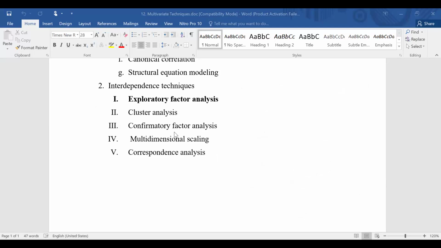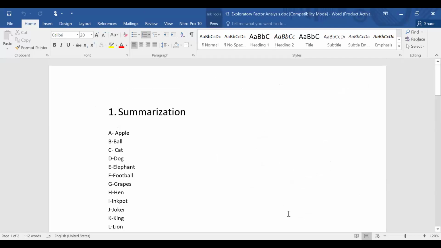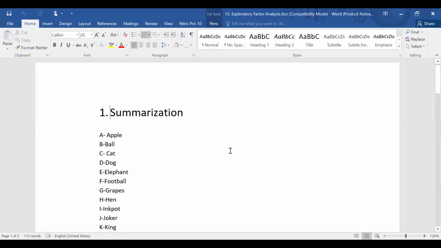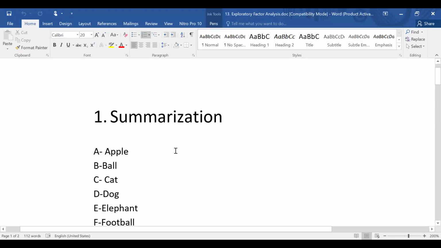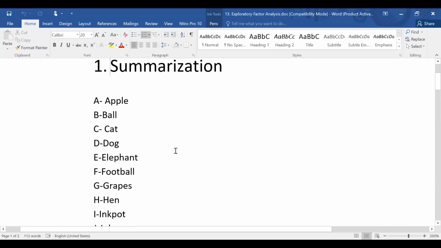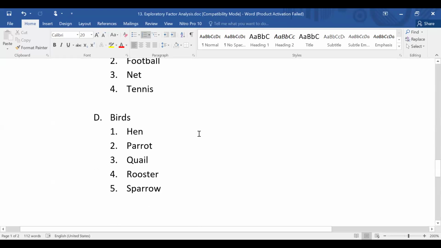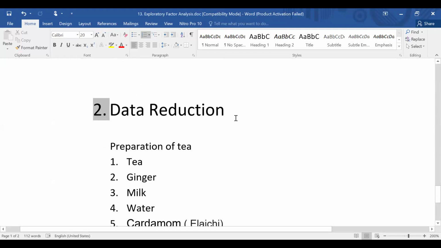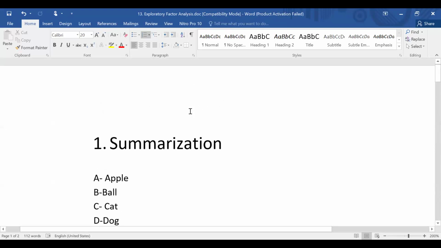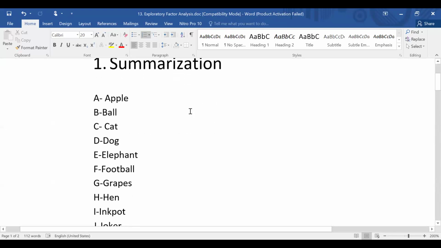The exploratory factor analysis you can understand through this example. As a layman, you can understand the purpose of summarization means naming the items. So there are two objectives. One is summarization, and second is the data reduction. Is it clear? What does it mean? So summarization, I have written here